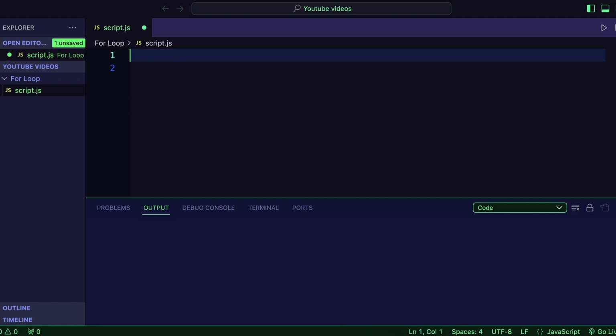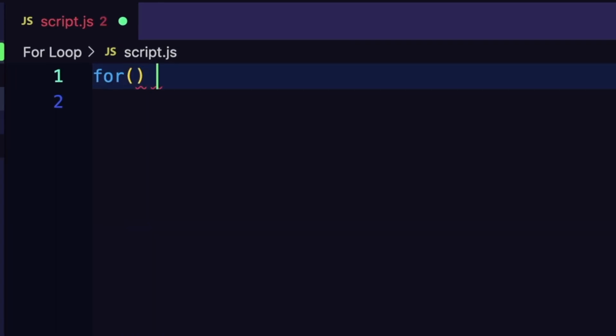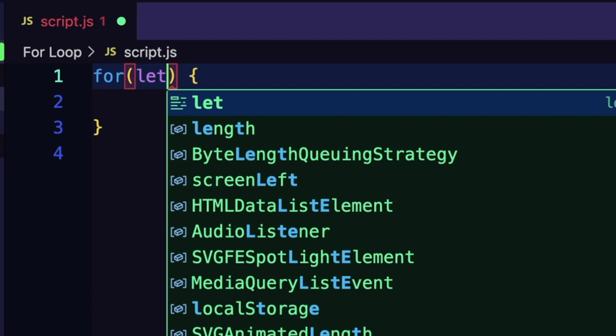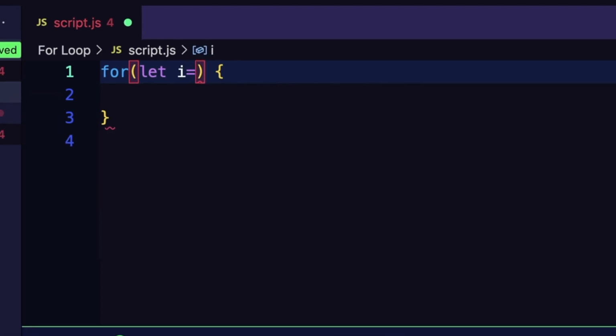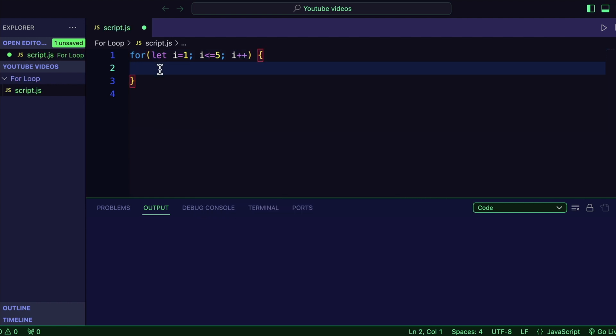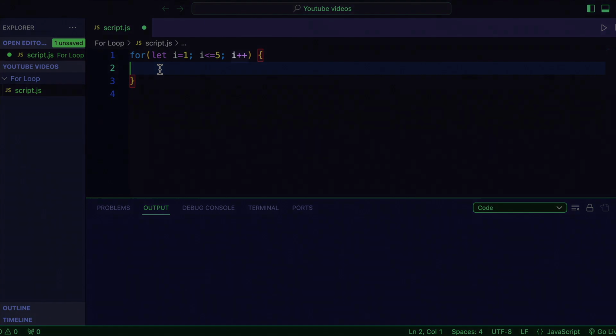So here is the basic structure of a for loop. It starts with for. This is the magic word that signals the beginning of our loop. Next, in parentheses, we write let i = 1; i <= 5; i++. This is like setting up a counter. It says start with i as 1, keep going until i is 5 or less, and increase i by 1